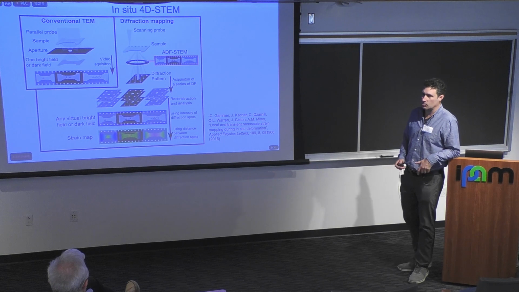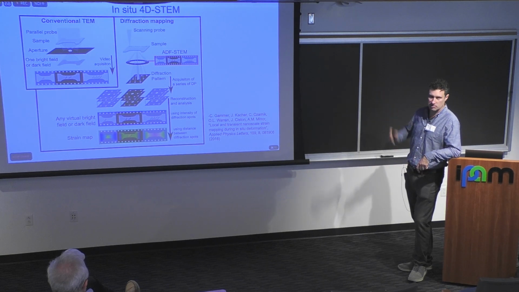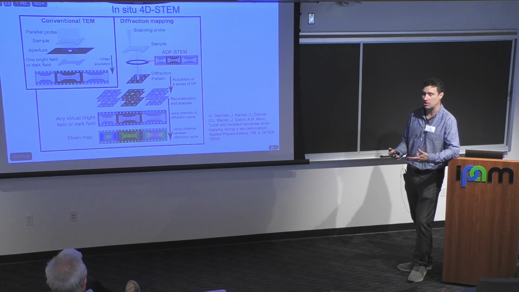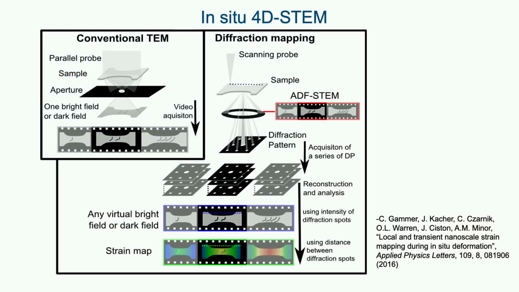And we most recently did that by trying to deform this material in situ and use 4D STEM to look at the defect structure and how it comes about in this medium entropy alloy. So with 4D STEM, you can also, of course, do this in situ. And you basically take stacks of diffraction patterns, and you can either do this while you're deforming the material and just doing it continually, or you can stop and then take a set of diffraction patterns at some point. So I'll show you some mechanical tests where we did 4D STEM during